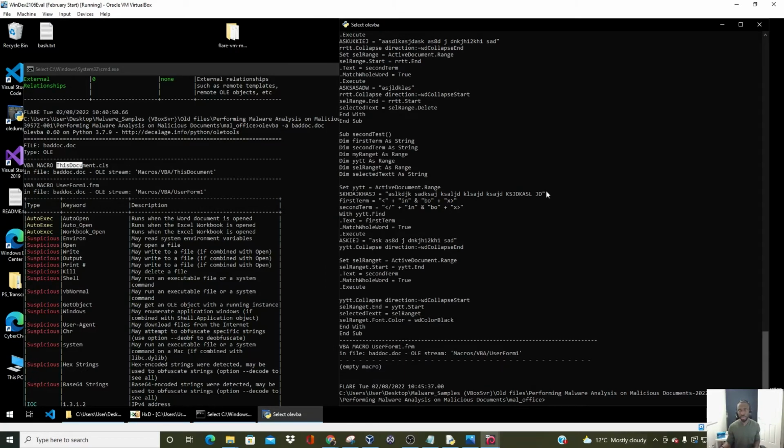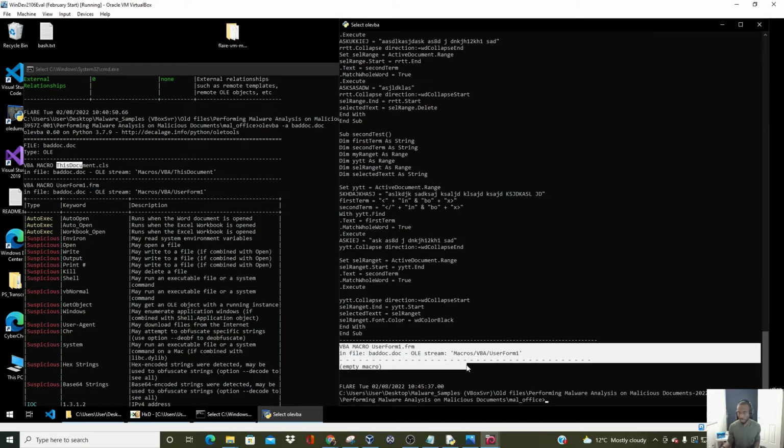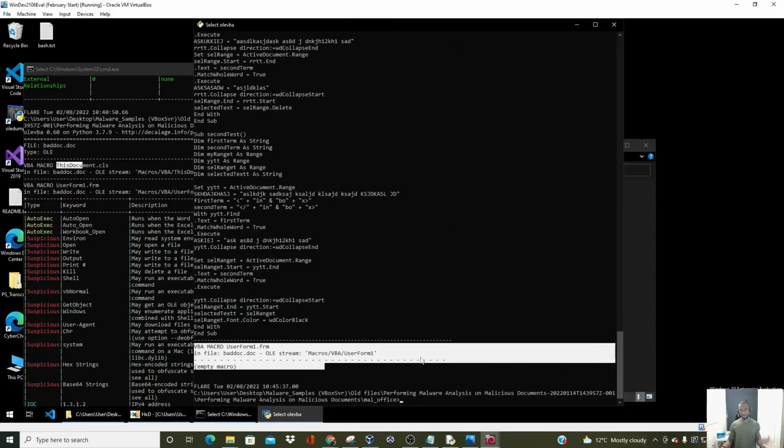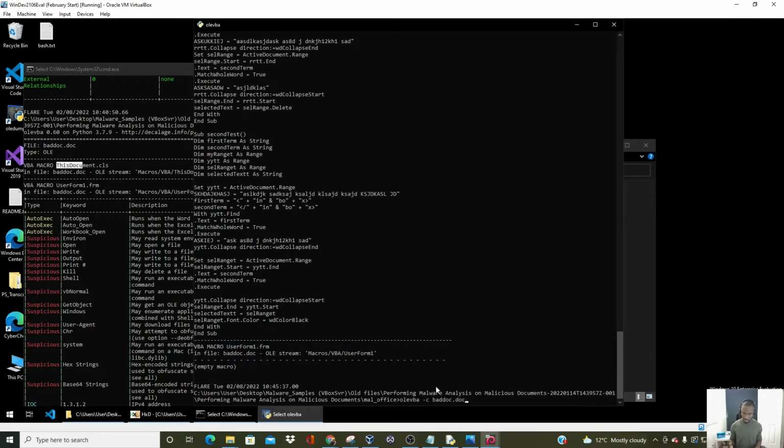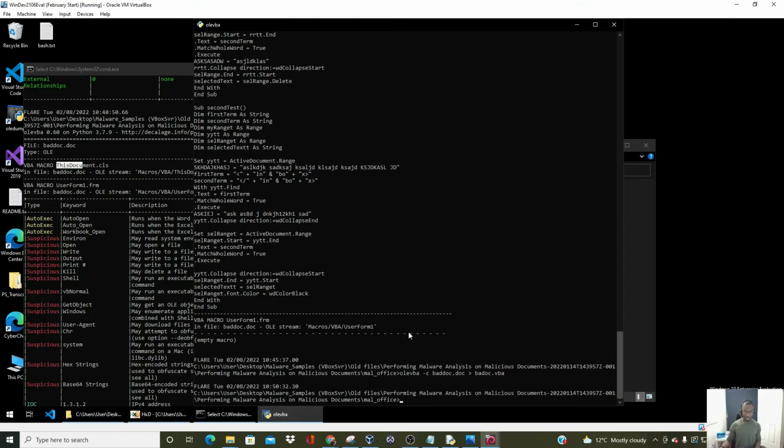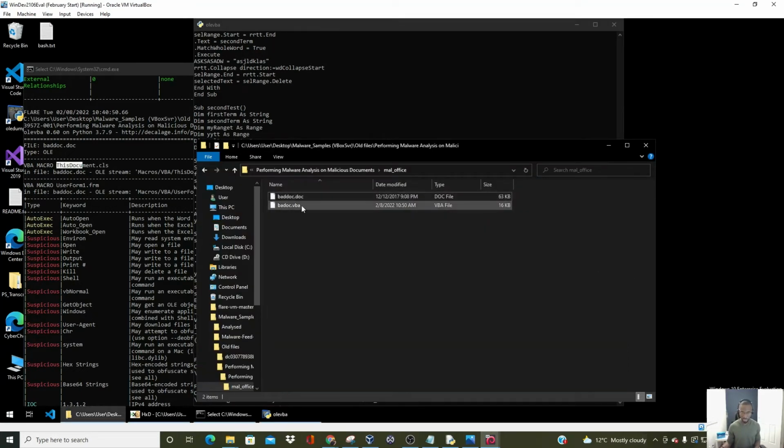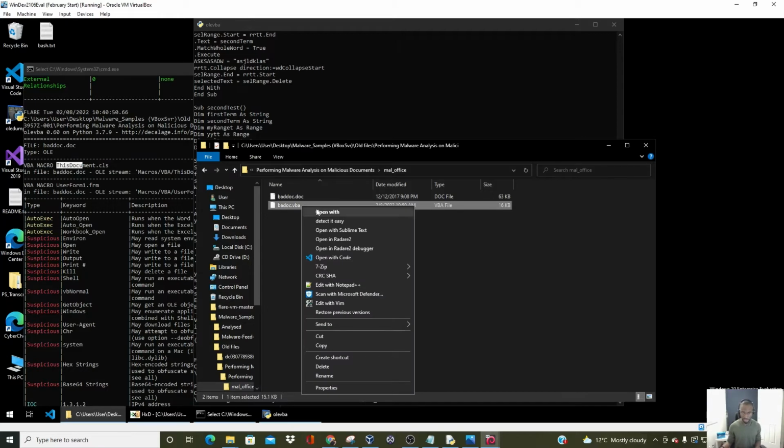Cool. Now see here that olevba has told us that there is no VBA script in UserForm1 or UserForm1.frm. It's an empty macro, so we're safe on that. Now to make this a bit more interesting, we would pipe it into baddoc.vba, right? That should appear here. So we have a VBA file, and I will open it in